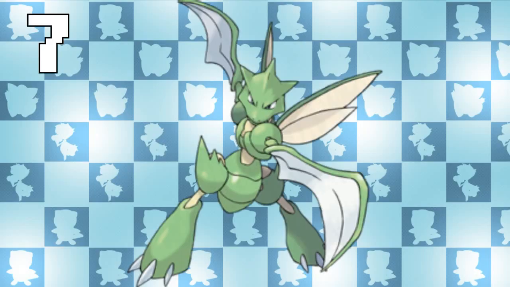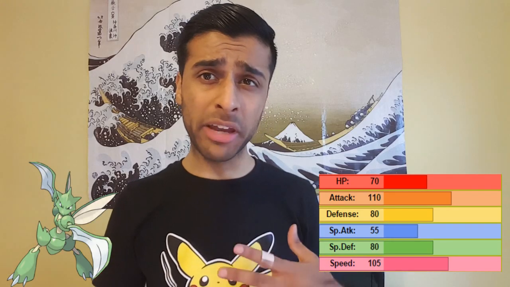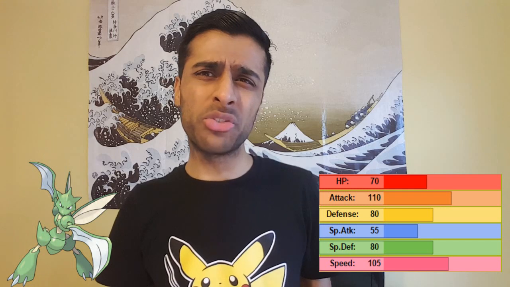Number 7, Cypher. Now this selection might confuse you because I have an upcoming video about Cypher in my Evolution Solution series, and I didn't really take too kindly towards Cypher. I'm Team Scizor, or Scizor as some of you say. I just find that Scizor's a lot more useful than Cypher because yes, it's 4 times weak to fire, but